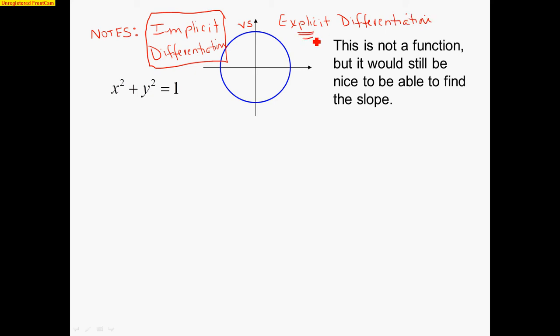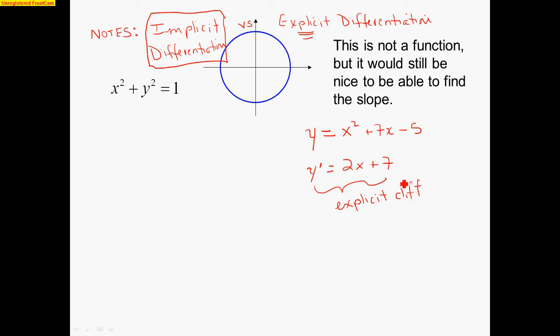Explicit differentiation means that you have a function y explicitly in terms of x, so that when you find the derivative, it is explicitly in terms of x, right? This was explicit